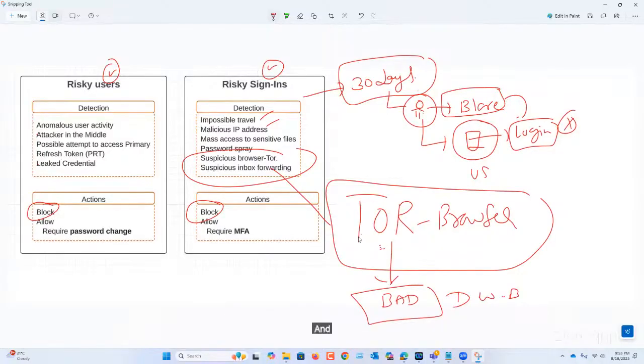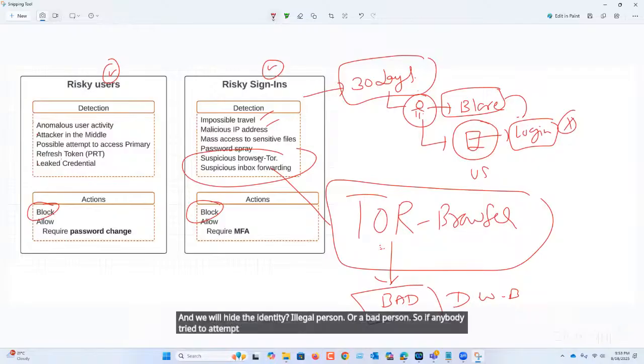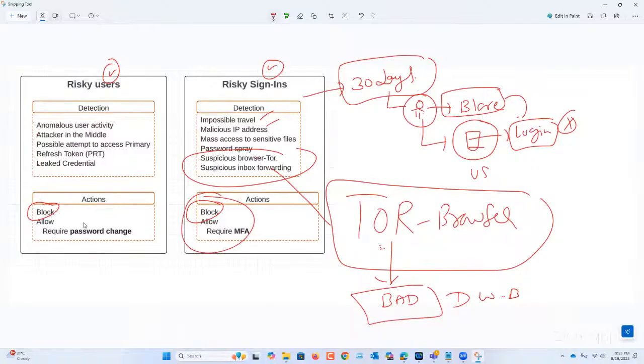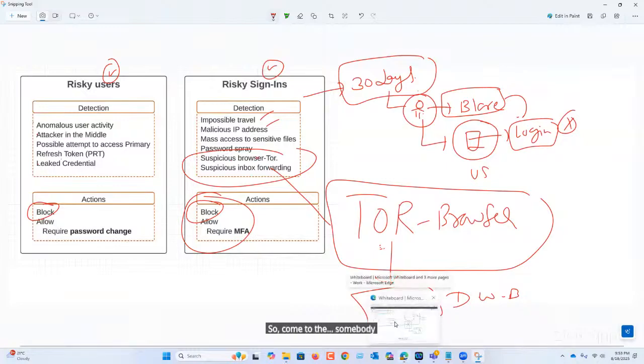And who will hide their identity? An illegal person or bad person. So if anybody attempts with a bad guy or bad method, based on the action of the policy, they do block.